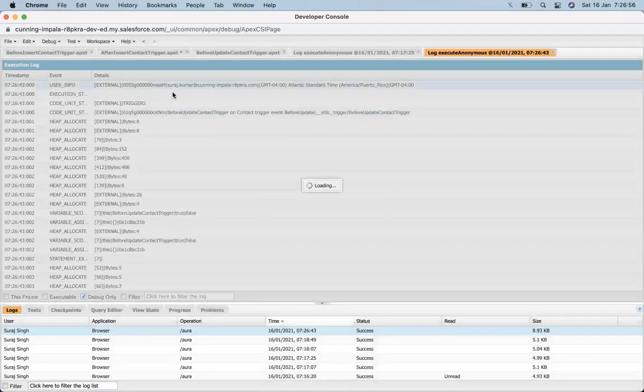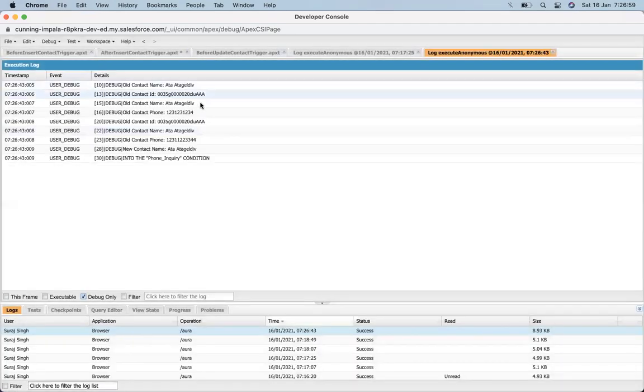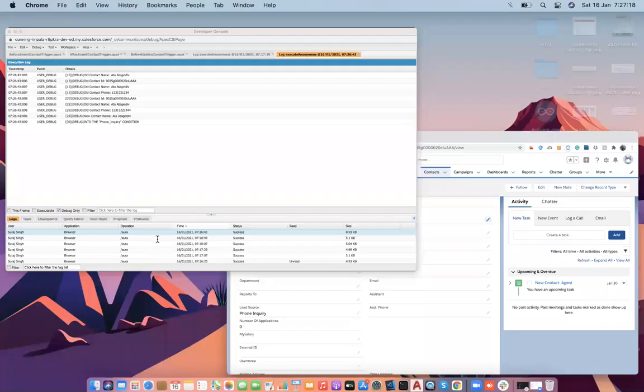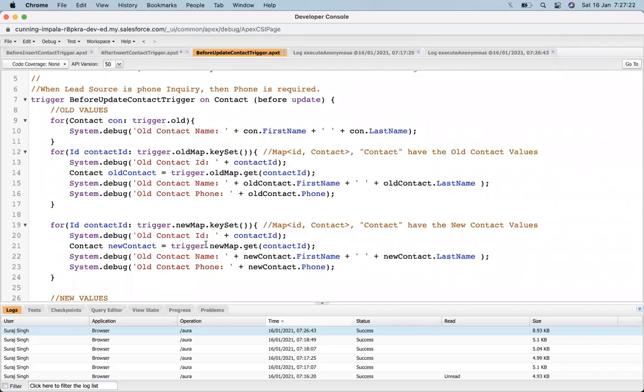Okay, old contact name and old contact ID are showing up here. That's from the old contact name, old contact phone. It's showing up here, and then old contact ID. Oh, sorry, I haven't put it. And you can see that it's the new contact, but I forgot to put proper debug, so it's not showing old and new. Let's change the old contact to new contact.